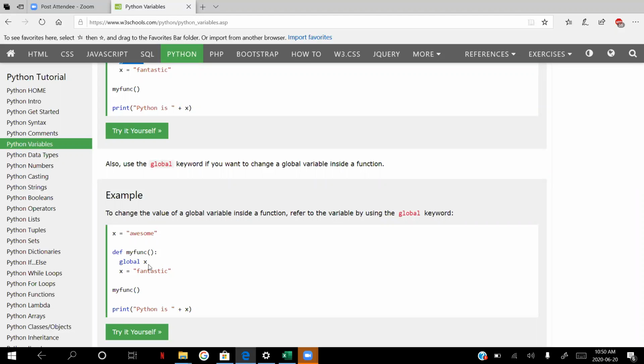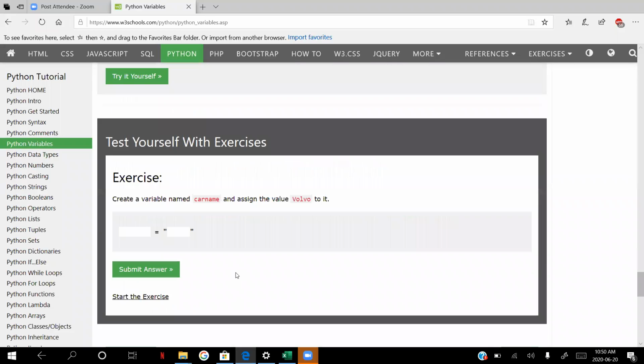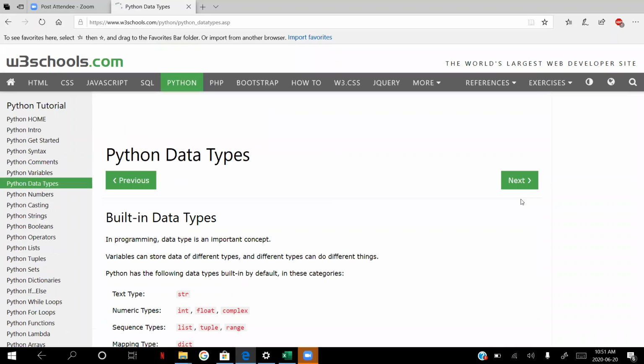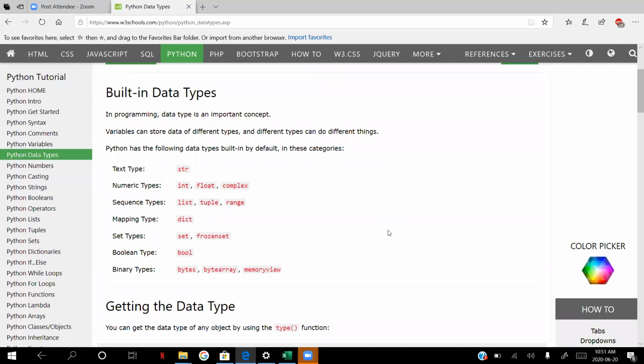So the basic understanding is when you use a global variable inside a function, you have to tell it that you're trying to modify the global variable and this is the new value of that global variable. And that's how the value gets propagated if you use it in other functions. You can try all of these yourself in your free time, and that'll give you enough understanding of how this works. The most commonly used ones are these